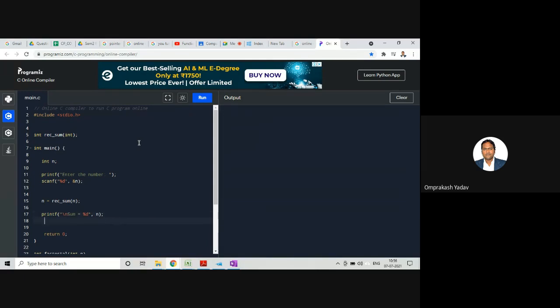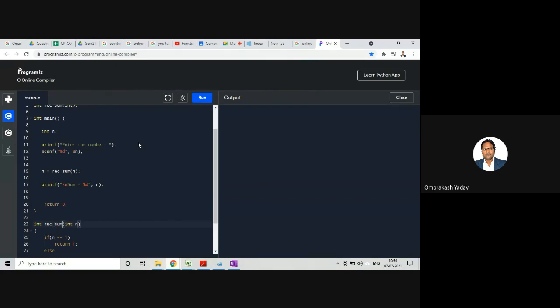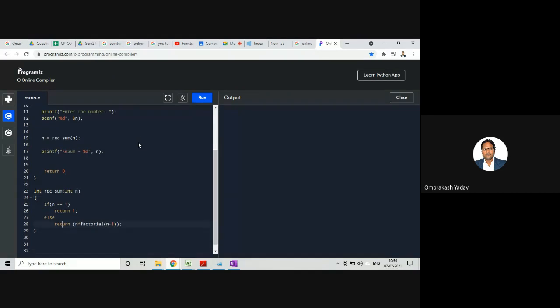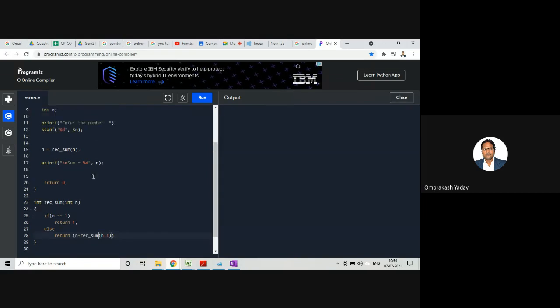Sum equal to recursive sum. So if n is equal to 1, we'll return 1. Else we'll say n plus, and we call the function. Okay, recursive call. So recursive sum of n minus 1. So this will complete our program.